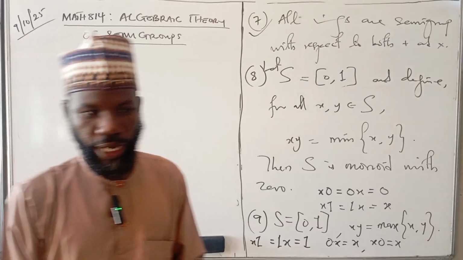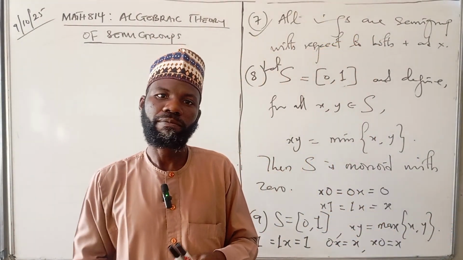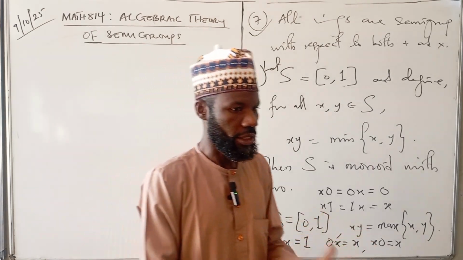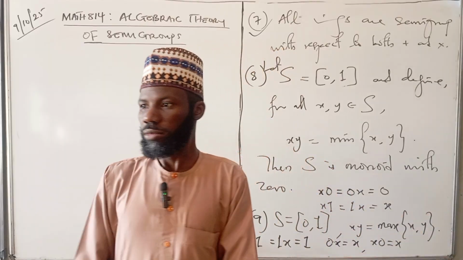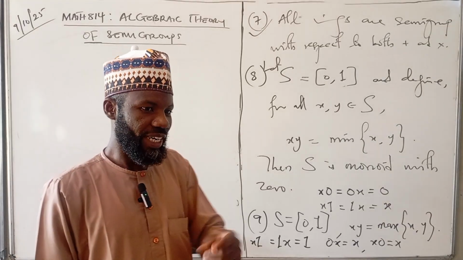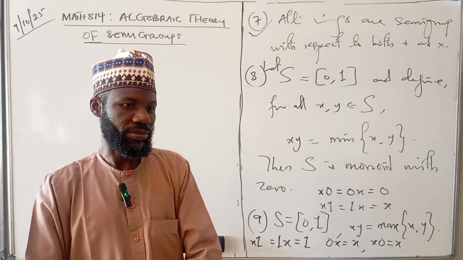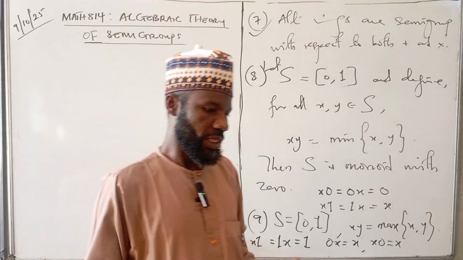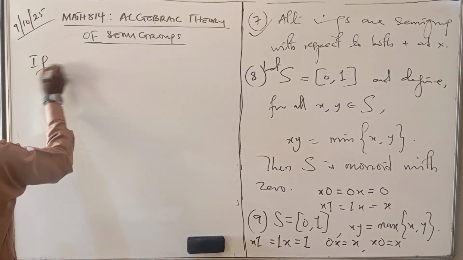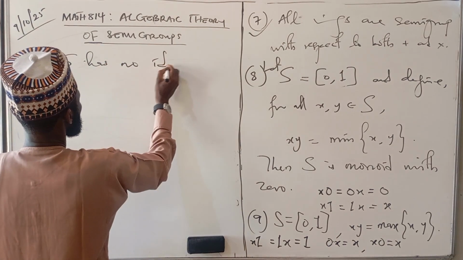We will see later on in the theory that in many situations, when you are trying to analyze the structure of a semigroup or perform some analysis on a particular semigroup, you will require the presence of an identity. So what if the identity is not present in the semigroup? If you discover that the semigroup doesn't have an identity, you can easily adjoin it. So if S is a semigroup that has no identity,